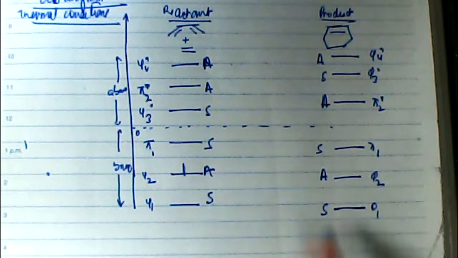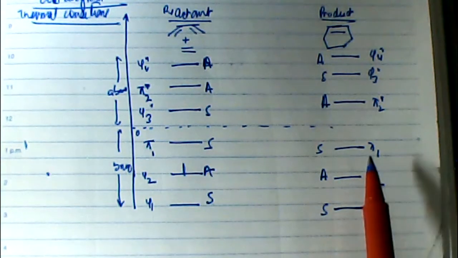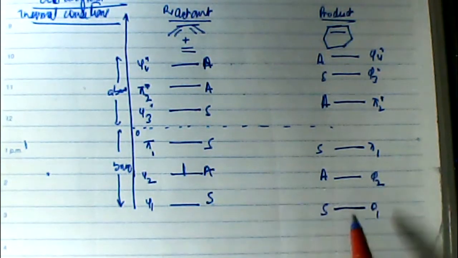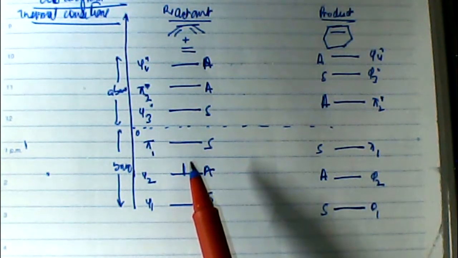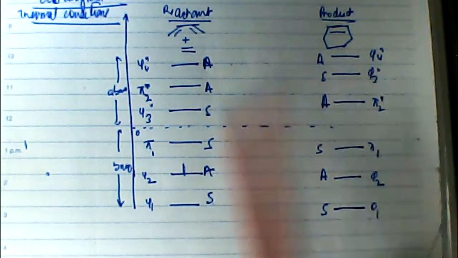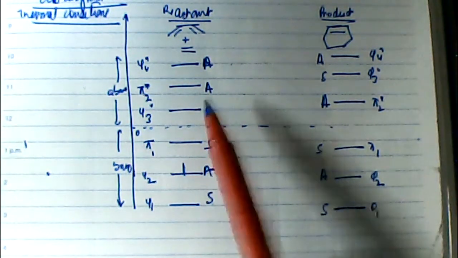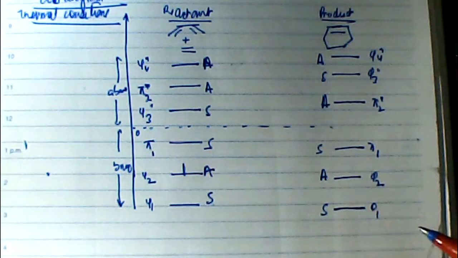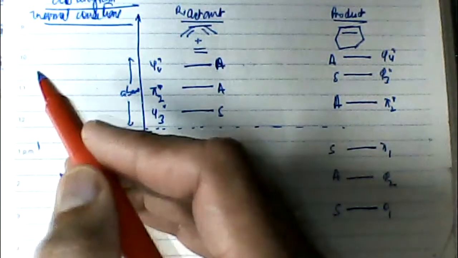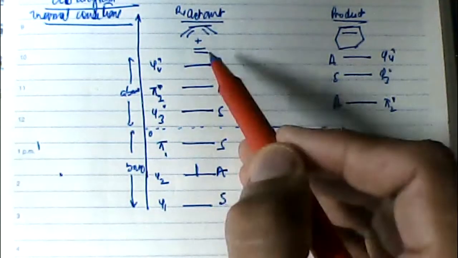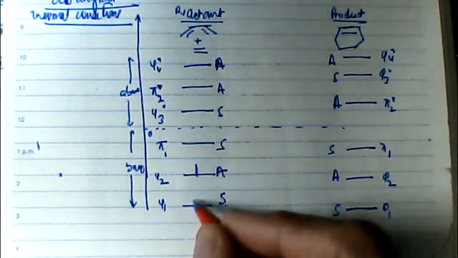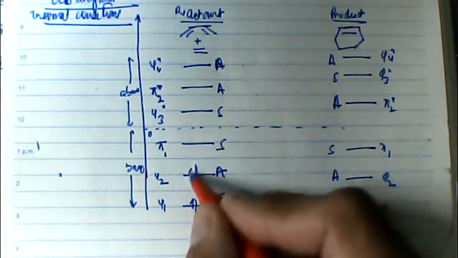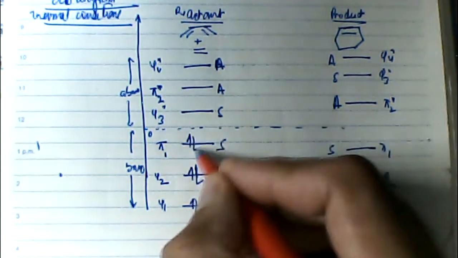Again, see, I've drawn the product molecular orbitals lower in energy as compared to the reactant molecular orbitals on the bonding side, and product molecular orbitals higher in energy as compared to the reactant on the anti-bonding side. Let's check the correlation. Since it is thermal conditions, we have a total of 6 electrons which need to be accommodated in butadiene and ethene, and a total of 6 electrons which need to be accommodated in cyclohexene. Under thermal conditions, first 2 electrons will come here, the next 2 electrons will come here, and the next 2 electrons will come here.